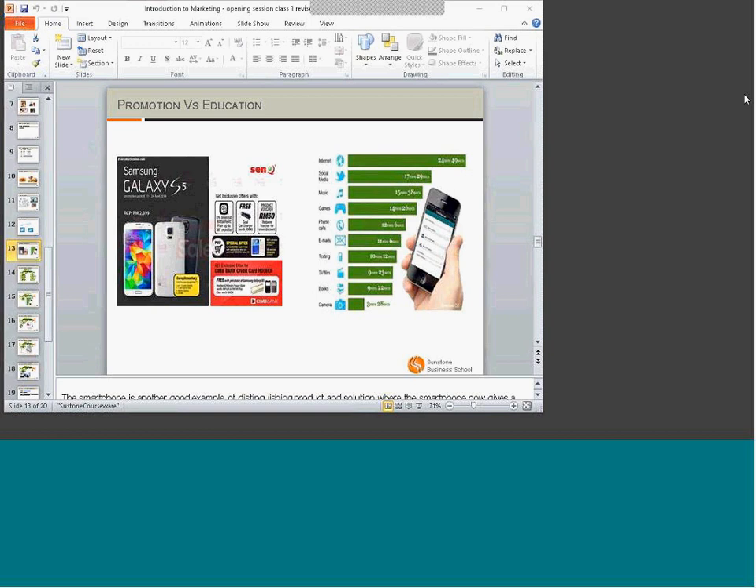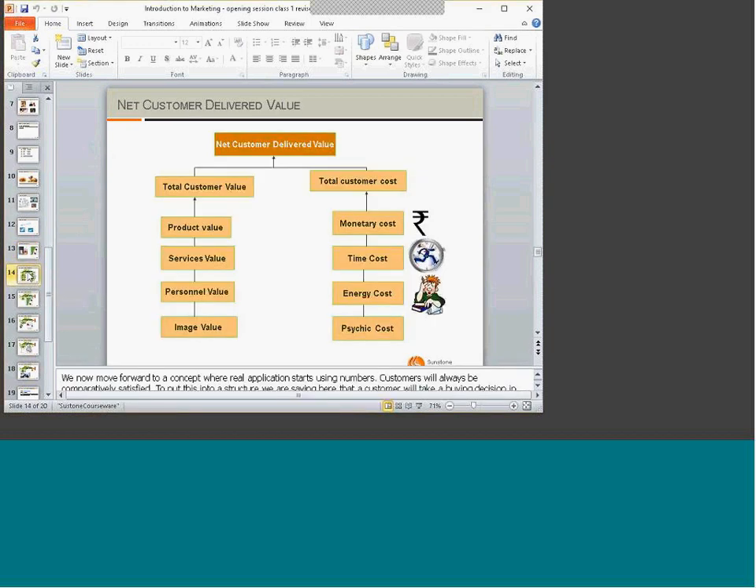Come ahead, the next principle is net customer delivered value. If total customer cost